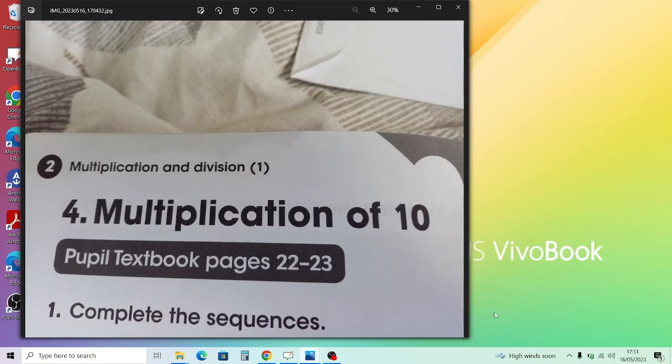So these are going up in 20s. 0, 20, 40, 60, 80, 100. Fill in the missing numbers. So these are 2 by doing 10 times 1 at the top, 10 times 3, 10 times 5 is 50,